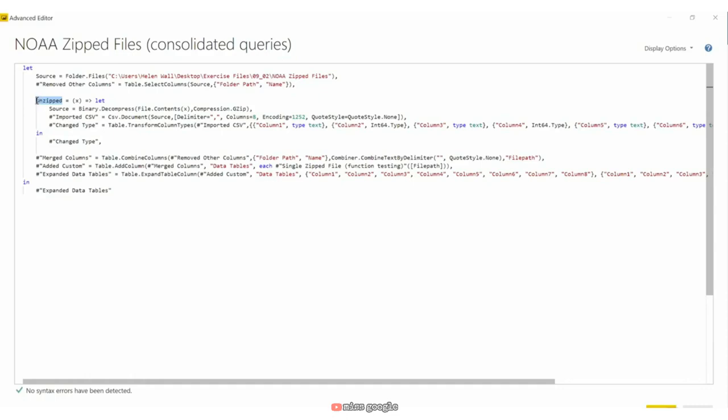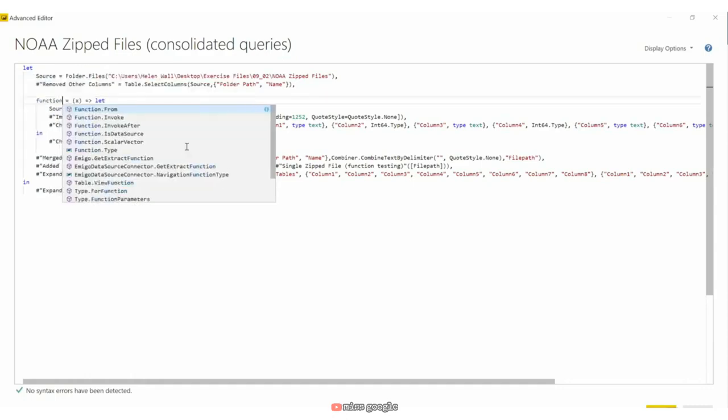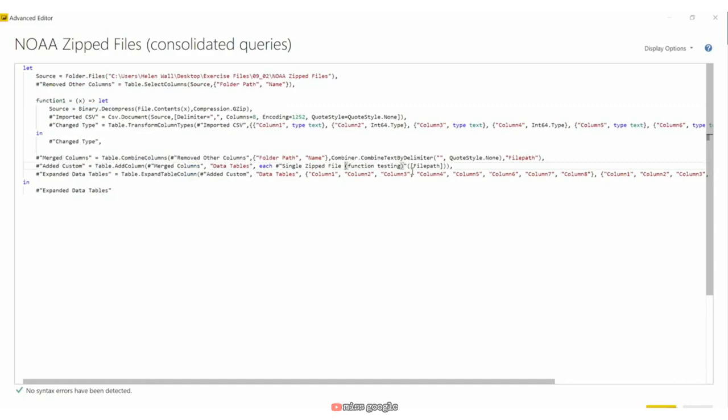I'm going to rename this, rather than unzipped, function 1. And then where we refer to the file path later, and this is where we call the separate function query, I'm going to put function 1 in this path as well. This added custom function sends the file path, which is the combination of the folder path and the name of the file, into the function 1 expression as the X variable, where the function that we already set up when